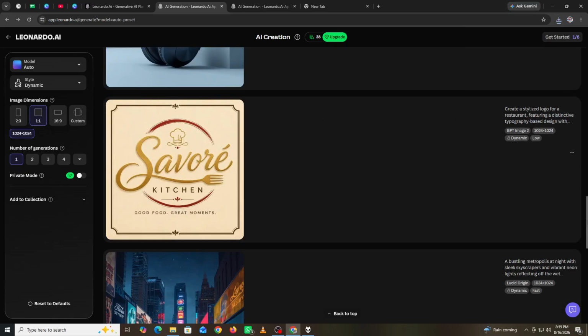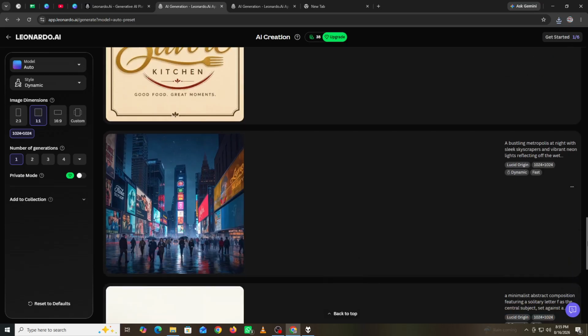Check faces, hands, objects, text, proportions, lighting, and other important details before publishing. You should also understand the usage rights and current terms that apply to your Leonardo AI account and the content you create. Finally, practice regularly. Try creating different types of